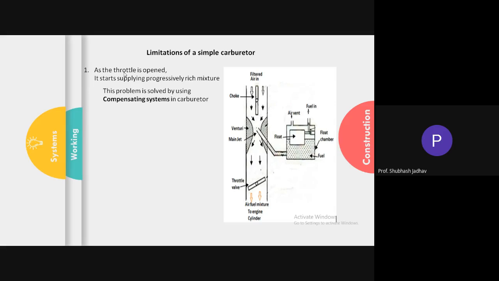But what is happening? Along with the quantity, the mixture is becoming more and more rich. So when the throttle is being opened progressively, the mixture supplied by the carburetor starts becoming more and more